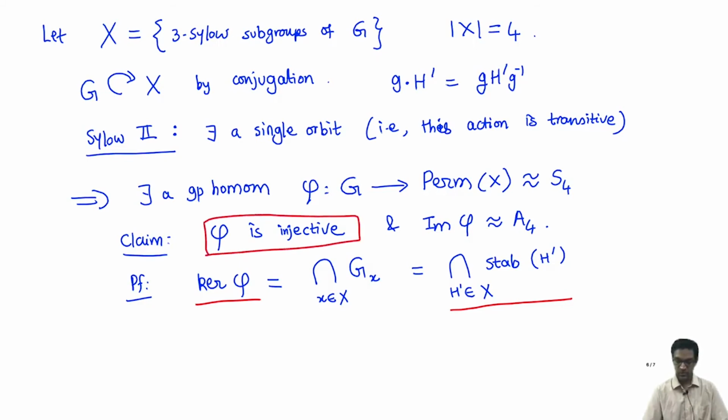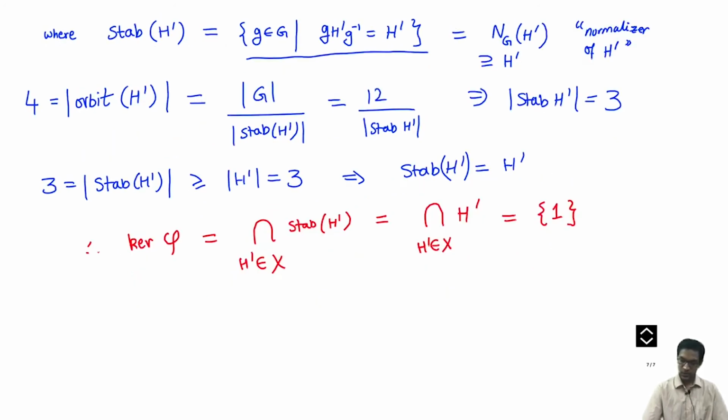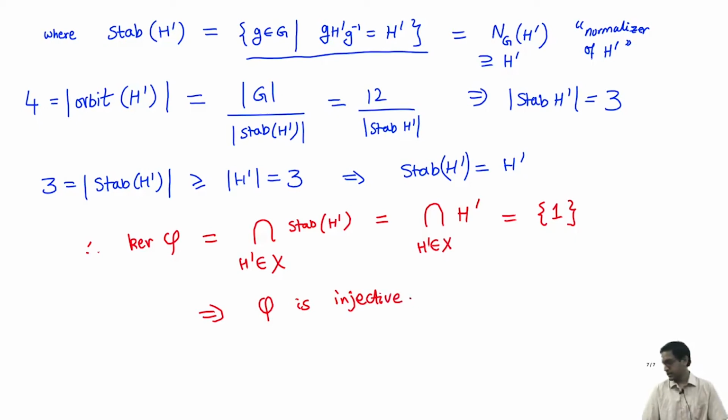So this part is now done, right? So I just concluded here that this of course means that phi is injective. Okay, already we are in good shape. So let's look at the second part of the proposition, which is we need to show that the image of phi is going to be isomorphic to A4, okay. Now this is again an interesting argument, which is that let's look at the map phi itself.